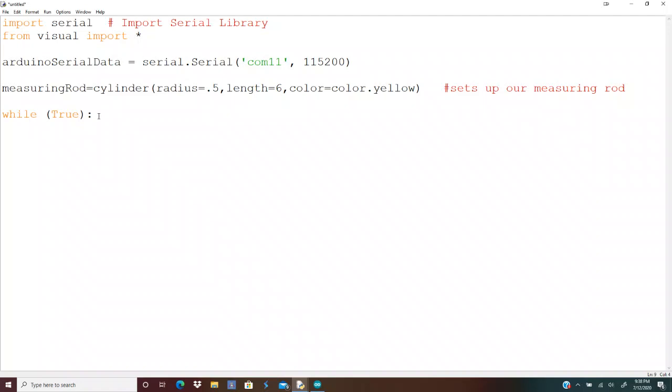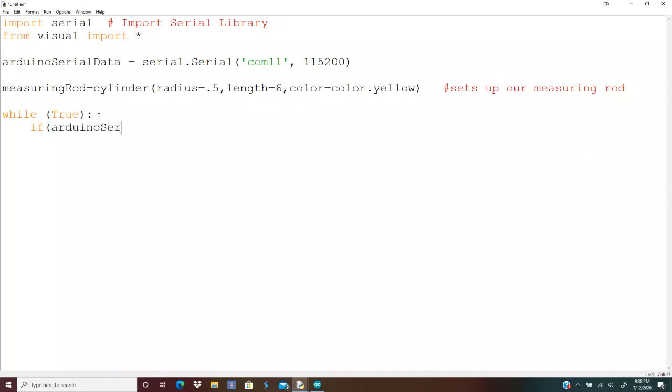So one thing that's very important in Python, it's a good thing to mention here, is the spacing. You notice when you hit enter, it automatically indents. Well, it needs to maintain that spacing for the while loop to work correctly. So we've got while True, all right? True is always true. And then we want to say an if